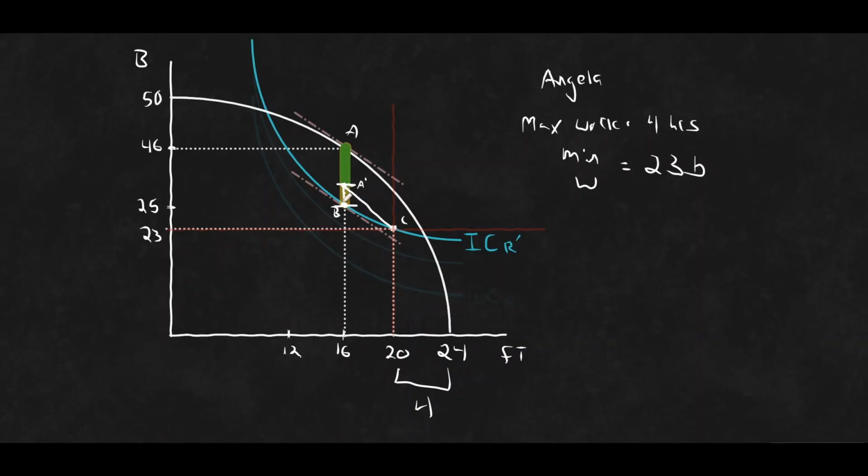Big thing to keep in mind, though, is if we are truthfully looking for Pareto improvements, as long as you're pushing it all the way up to A prime or all the way down to B, no one is worse off than C. It's all about the distributional, it's all about the notion of fairness as to whether or not it's a fair outcome between A prime and B.